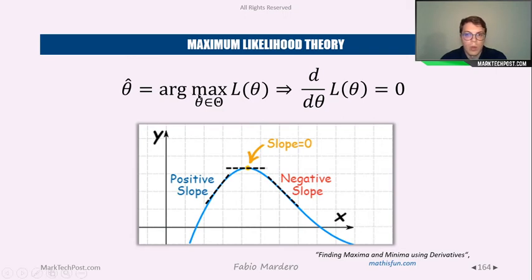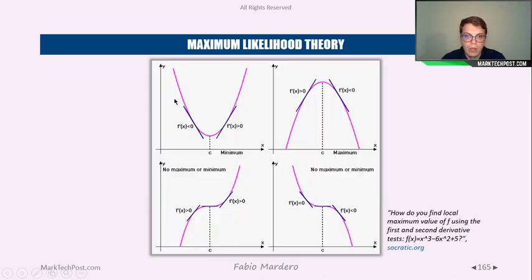But let's start with this sentence. Why should the derivative be 0? Well, because this could be a saddle point, a maximum, or a minimum, where the slope, the derivative, is equal to 0. For example, here we have a minimum, a maximum. As you can see, the derivatives are greater than 0 and smaller than 0. And we have a saddle point when we have derivative equal to 0, but no maximum or minimum.